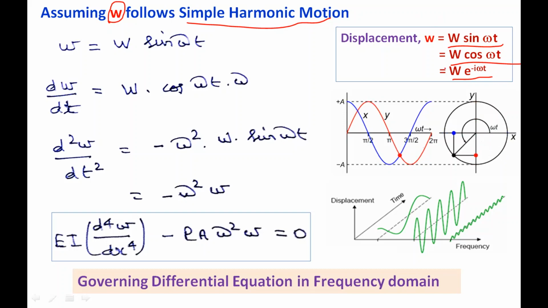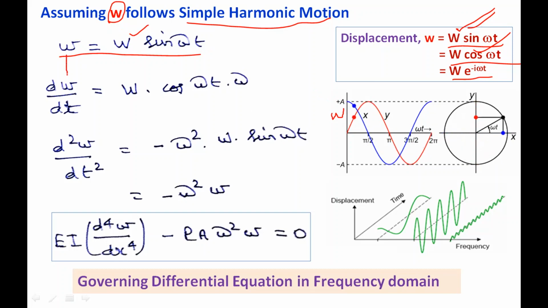That means either we can say the motion is following a sinusoidal waveform, sine form or cosine form, or a combination of sine and cosine. If you use any one of these equations, finally we will end up with the same relationship only. So here we are using the transverse deflection W of x equal to capital W, the amplitude, sine omega t. Capital W will be the amplitude of this vibration.